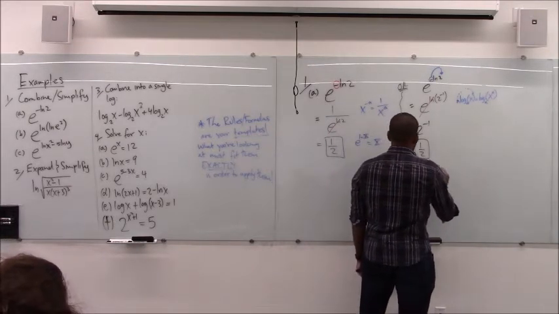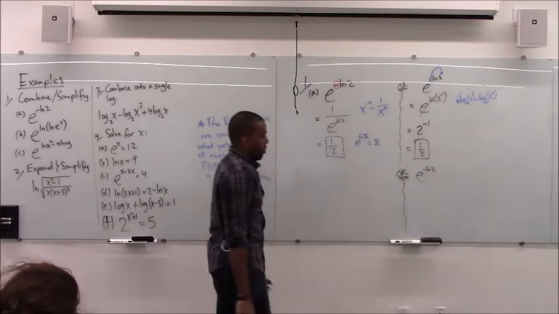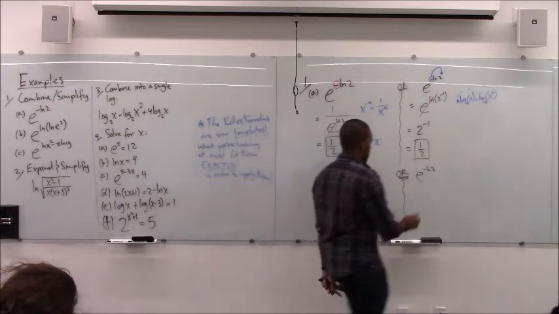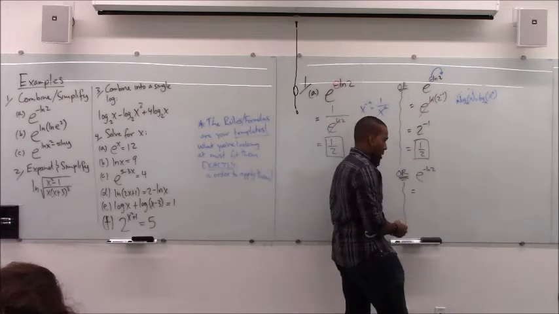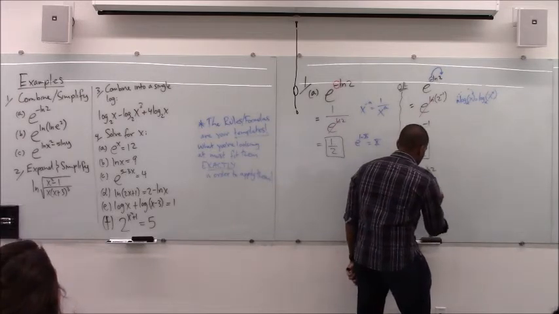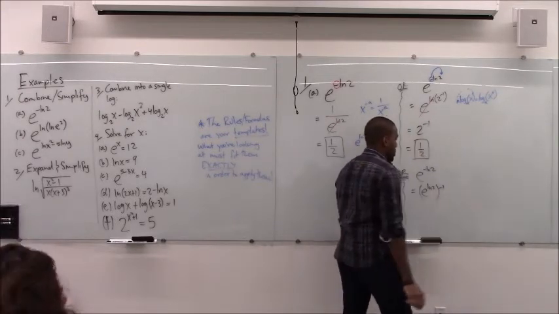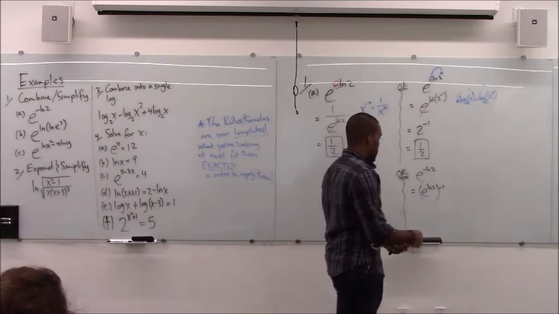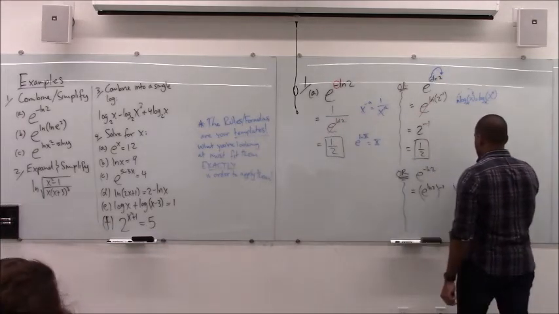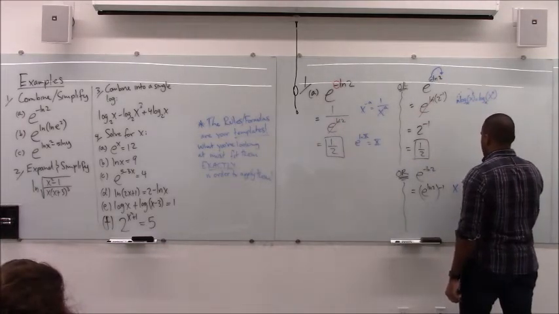There are many ways to do this. Let's look at another way. Another thing I could have done was factor off that minus 1. I could look at this as e to the ln of 2 times minus 1. Why could I do that? Well, there was a rule that says